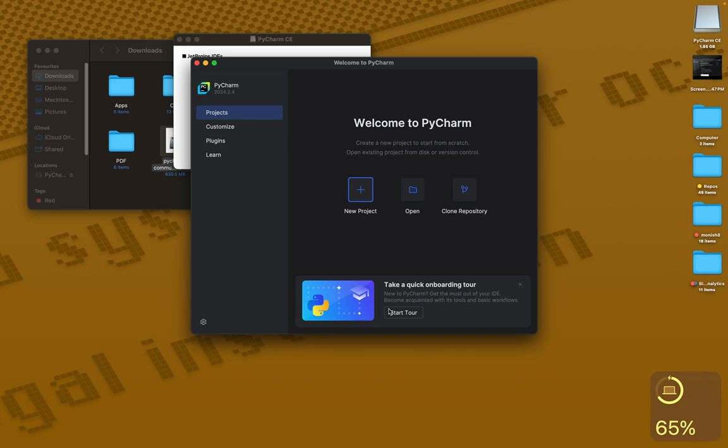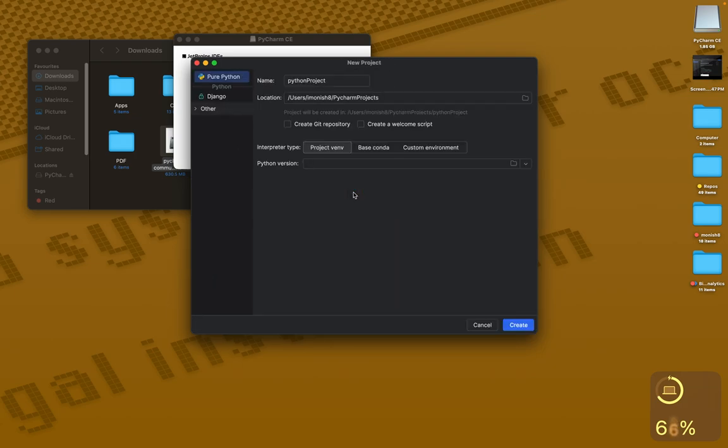After setting you up, you will see the PyCharm welcome screen like this. Now from here you can create a new project or open an existing one. Let's go ahead and create a new project to test our setup. So give a name to your project. I'm just giving Python Manish,